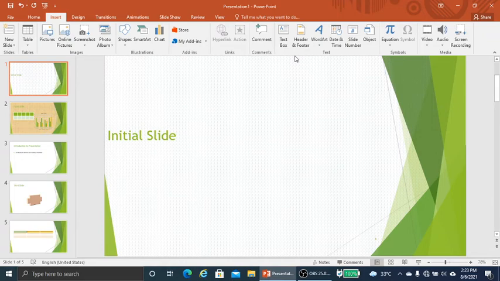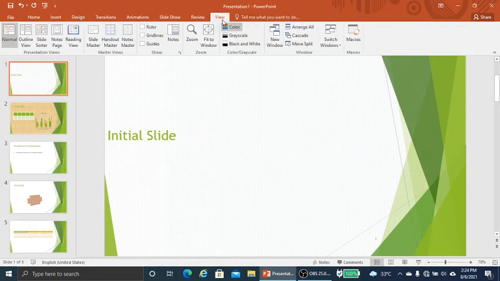For inserting a watermark, first we'll select the slide into which we want to insert the watermark. I have selected the slide, then we will go to the view tab.